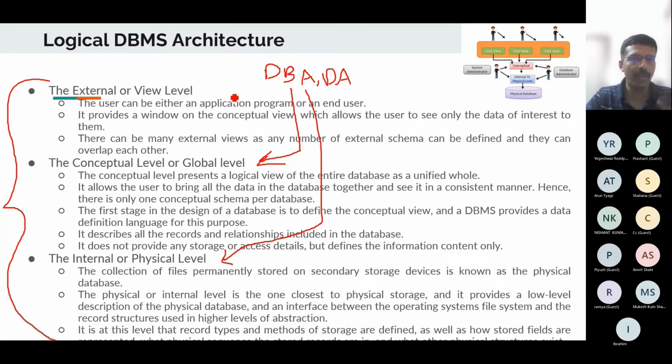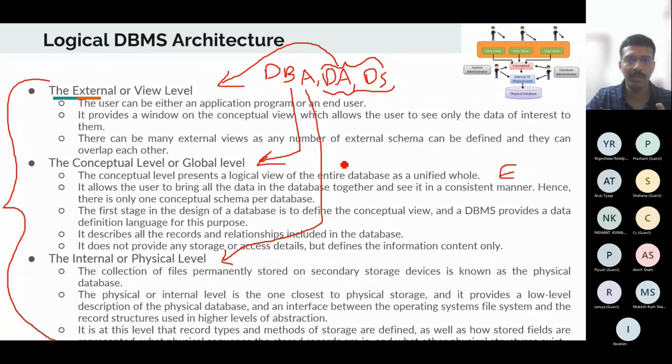Whereas if you are trying for a data analyst or data scientist post, you will not be required to define the data, except maybe when you are doing your own projects. Mostly when you are working in the enterprise, you will be concerned only with the external or view level, with a view that either you will define or your database administrator will define and give to you. So you need a very good understanding of how to implement that. Whereas for a DBA, you need a very good understanding of what is happening at these lower levels.